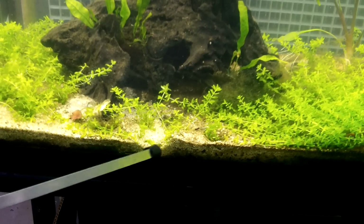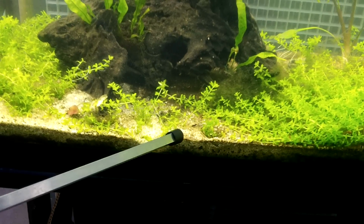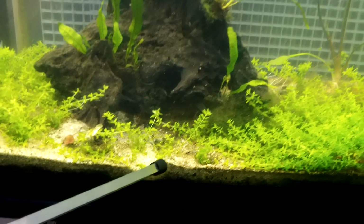Like my little pointer here, look at how trick that is. So heavy dirt underneath here. This is pool filter sand on top. I've also got some perfect sand on